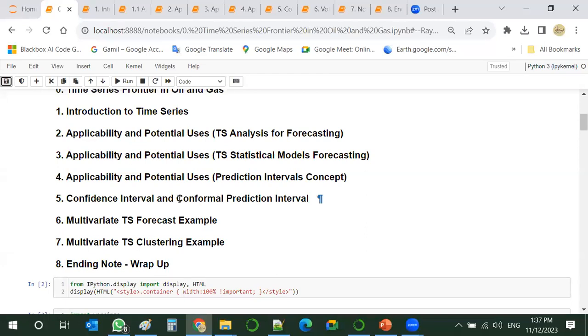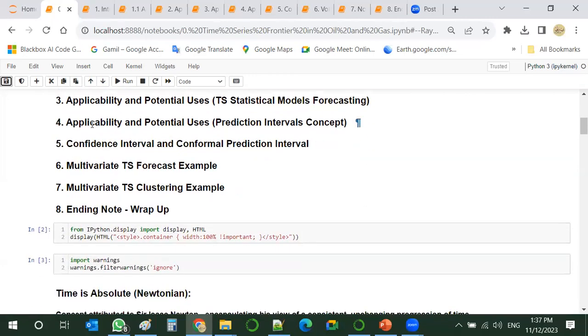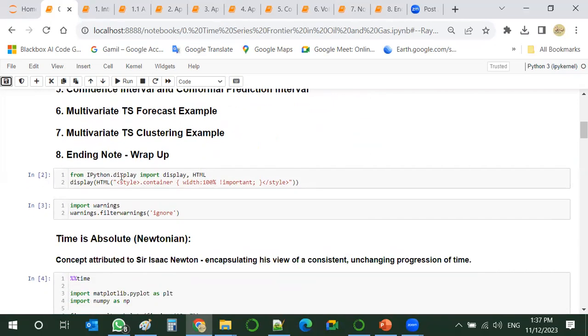It's not new in theory, but it's new in its application: the conformal prediction interval. Having said so, we will also see some examples regarding multivariate time series, both forecast and clustering. And we will have this ending note and wrap up this webinar.